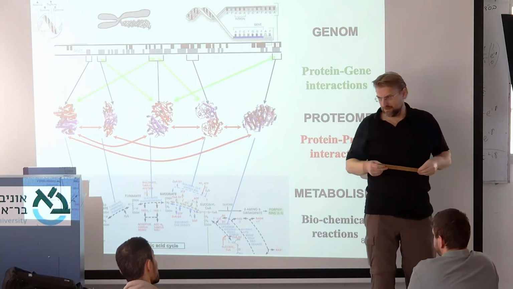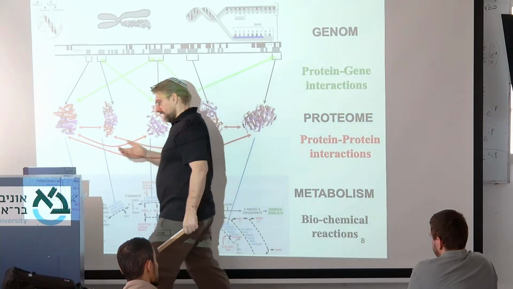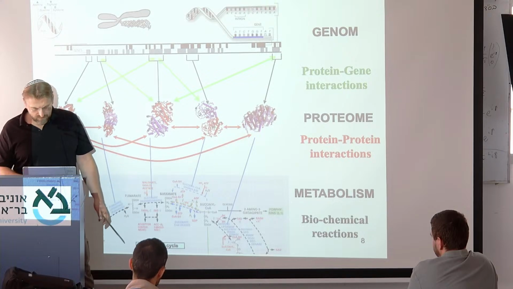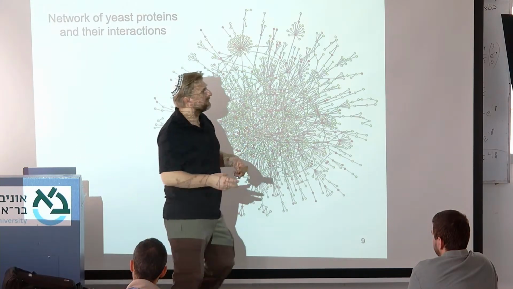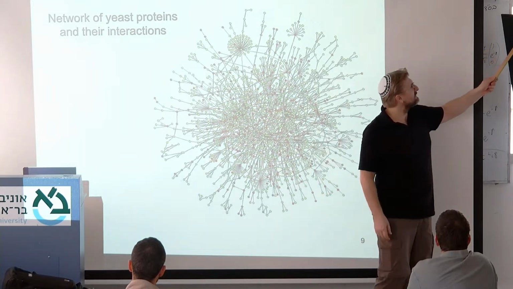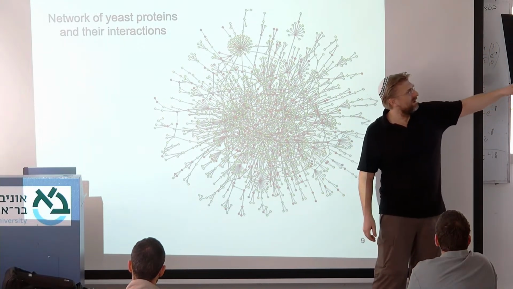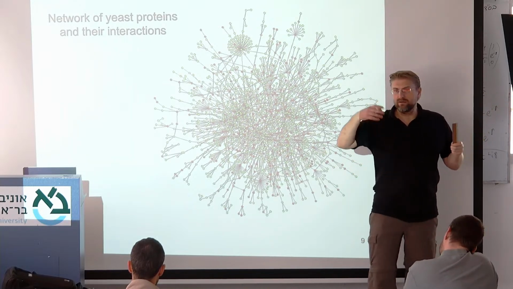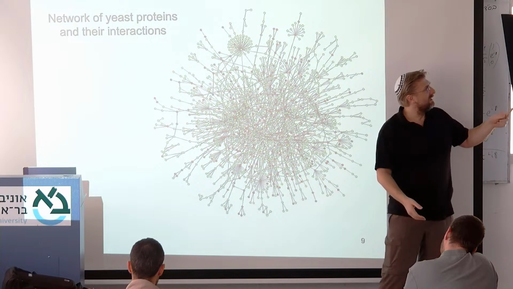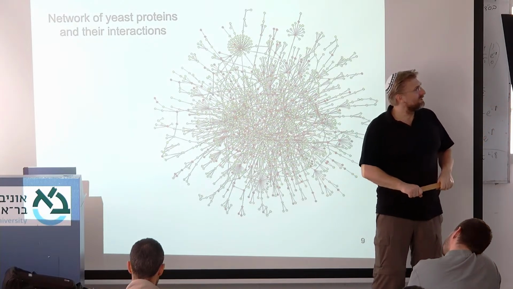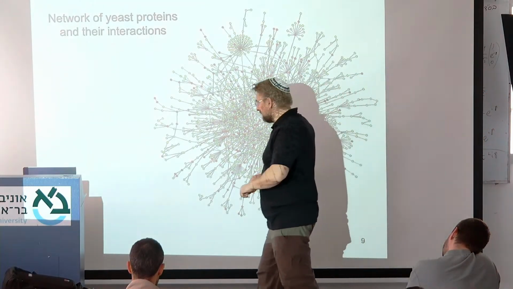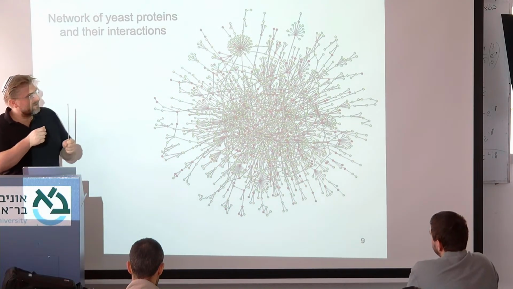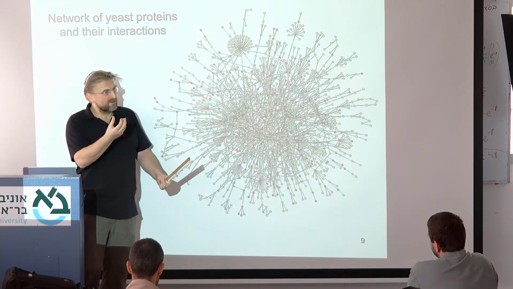So it's a very simplified way of picturing things. And here you would have a network of yeast proteins and interactions, so you color everything similar in one color, and everything that is another kind of protein you color in red, and you put the links,